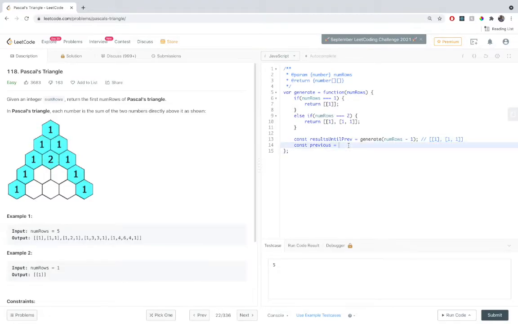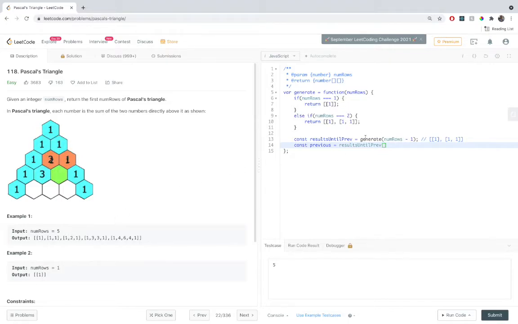So how do we get the last element of this array? Whenever you generate for any number of rows, the length of the array will be the same as the number of rows, right?